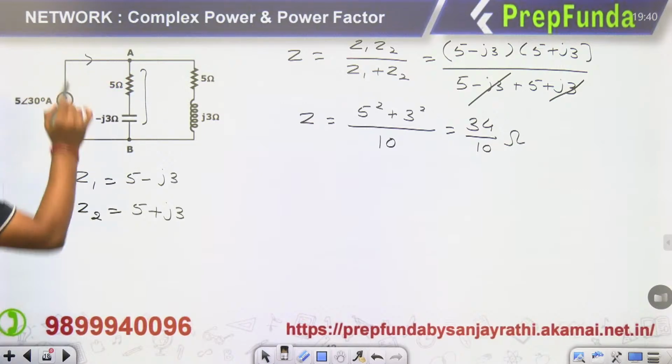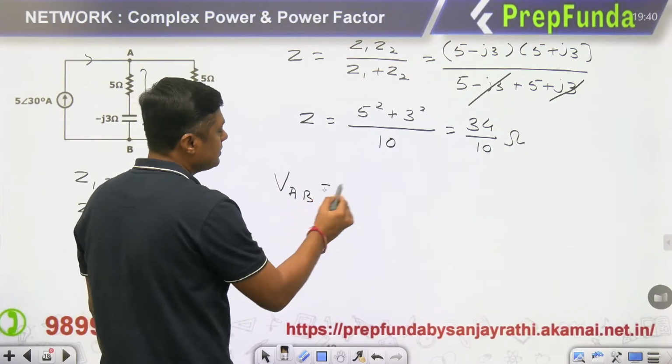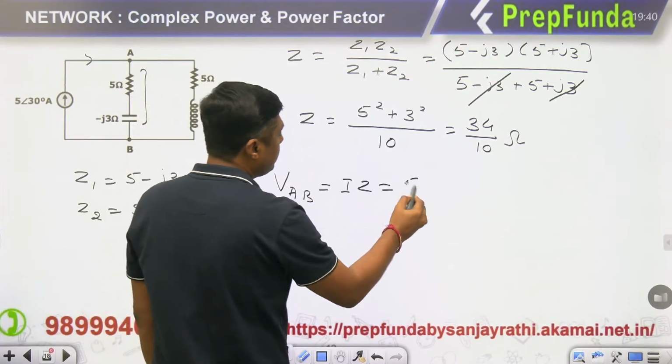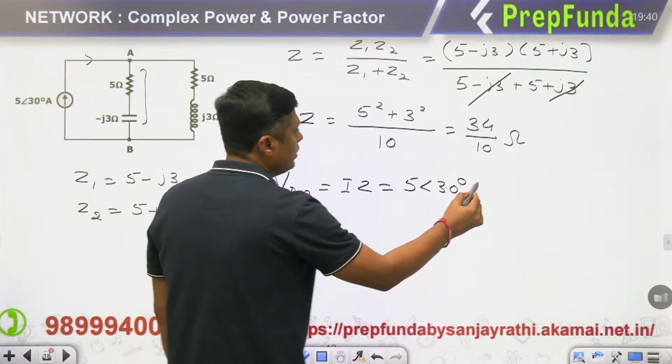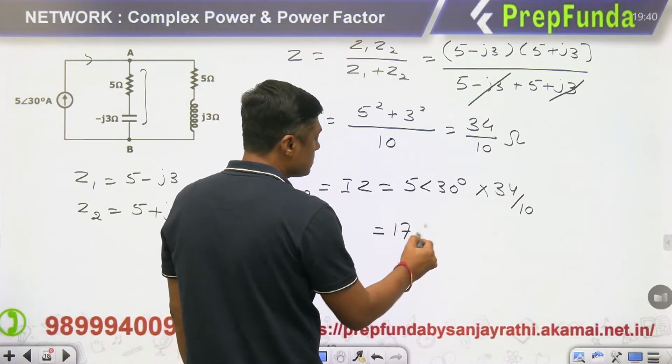Now, already we have found, then what is the VAB? IZ. What is the I? 5 angle 30 into Z, 34 by 10. Then it will become